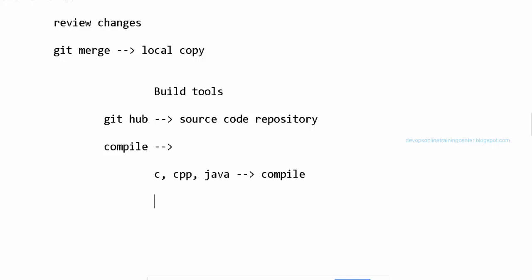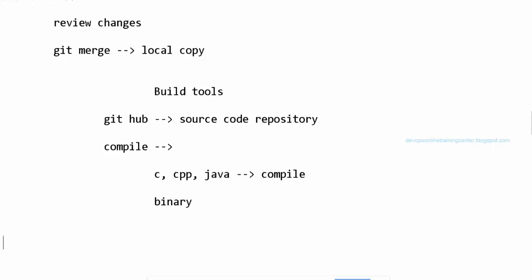There is no intermediate stage in the case of scripting languages. So in the case of scripting languages, we directly provide the script to the customer, who can open it and see what is in the script. But in the case of C, C++ or Java, what we provide is a binary, the compiled version of the source code. So nobody can see the code inside the binary. It's a machine-readable binary, and that binary we generally provide to the customer.